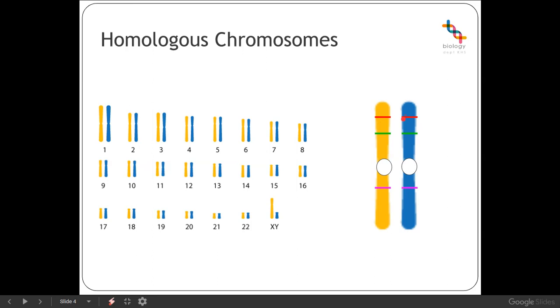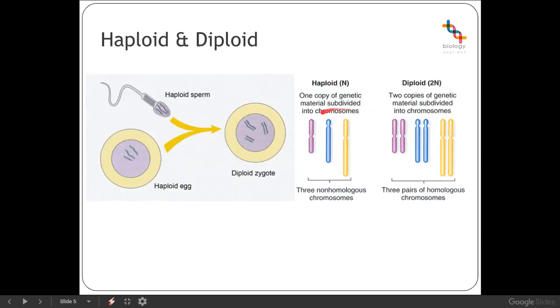And the homologous pairs are found because one copy of each chromosome has come from the female parent and the other copy has come from the male parent. So because they're inherited from different parents, the alleles of those genes on each homologous chromosome might be slightly different. So a single set of chromosomes will come from the female parent in her gametes. Another single set of chromosomes will come from the male parent in his gametes, and as these fuse together to